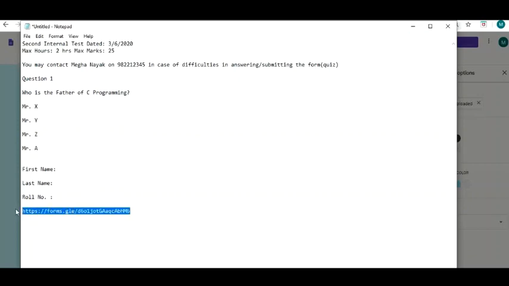I copy this and mail it to myself, and from the mail I'll open it on my phone and WhatsApp it into the students group. So once they click on this link, they are able to open the test.